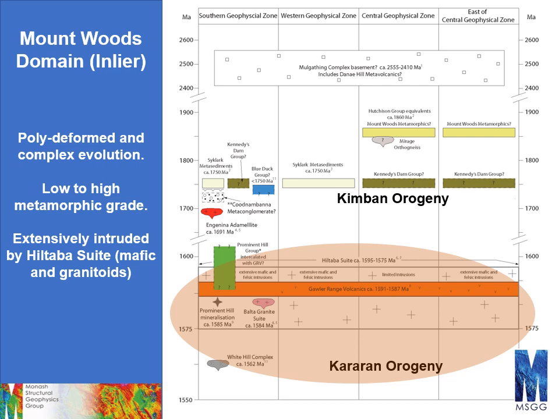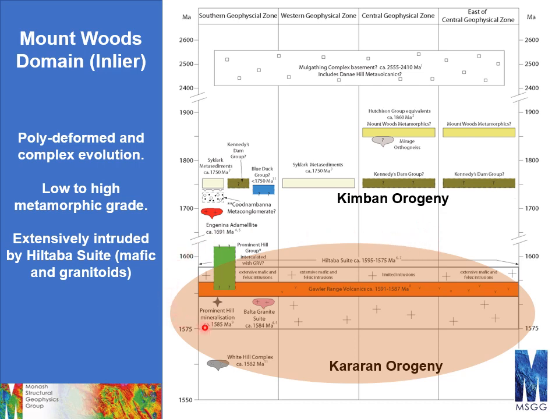This is an overview of the geological history. These are the older rocks here. The basement upon which the Mount Woods Inlier formed is basically the Archean component of the Gawler Craton, which is the Mulgathing and Christie domains. Then there's a series of sedimentary packages that were deposited somewhere between 1900 and 1700 and deformed during the Kimban orogeny.